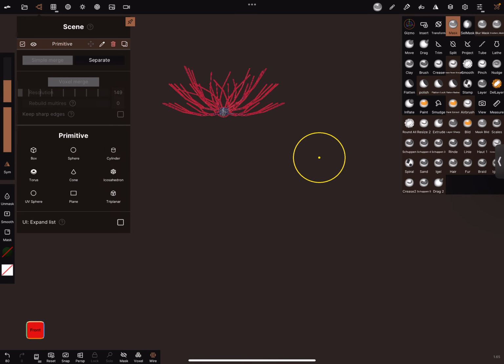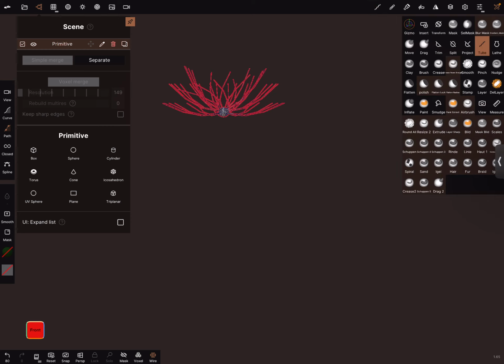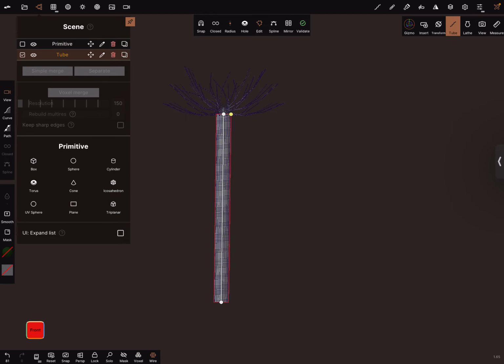Go to the front view and select a tube again. We only need a path. Here in the tube settings you can set the start and snapping. I think it's okay.